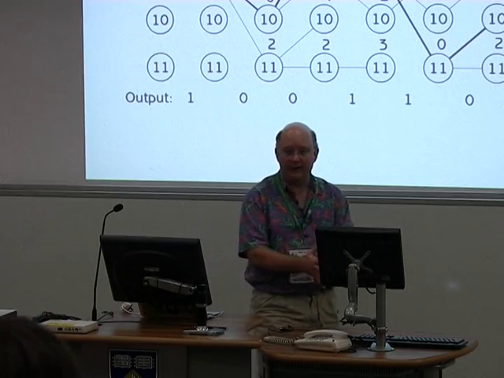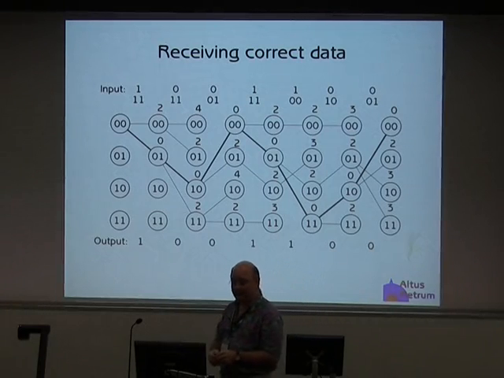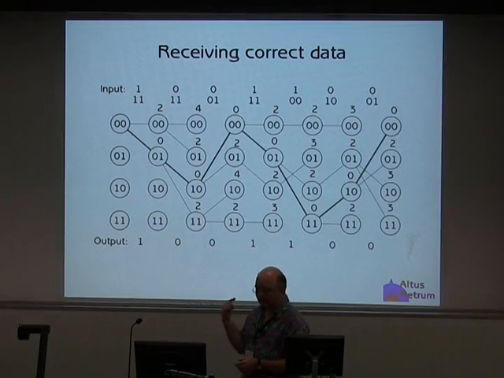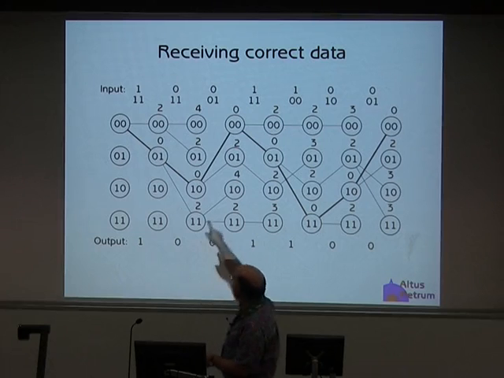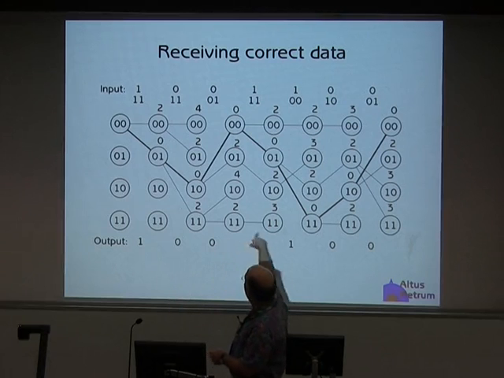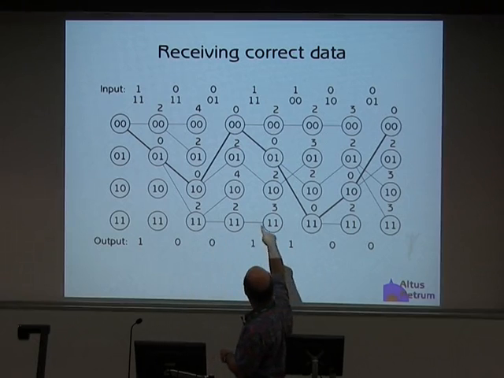Okay, so here's a description of what a larger Trellis diagram looks like when receiving correct data. You can see here the input bits, and these are the outputs of the encoder, right? So here's what my receiver is getting. The original input data into the transmitter is at the top line, and the next line down is what the convolution encoder generated. And then I'm going to walk the Trellis diagram, and I drew out the state transitions and the error costs associated. And again, you're summing the error costs all the way across.